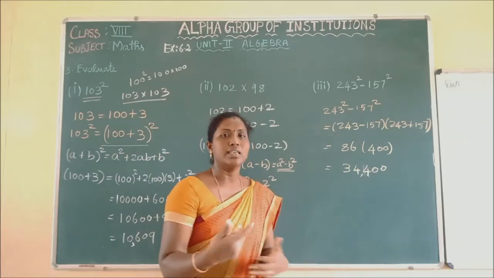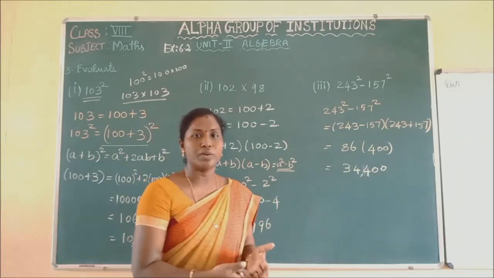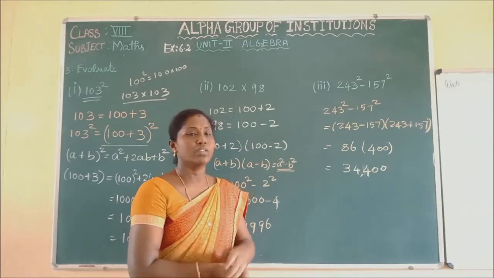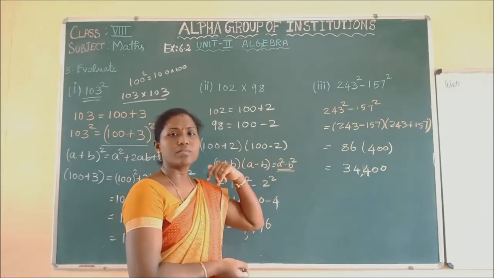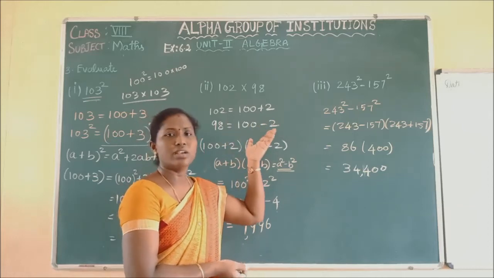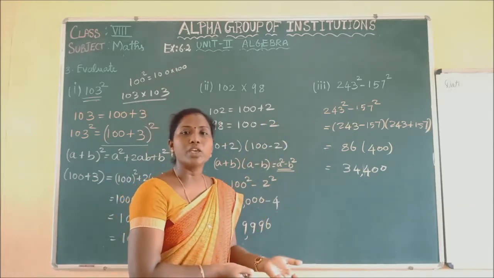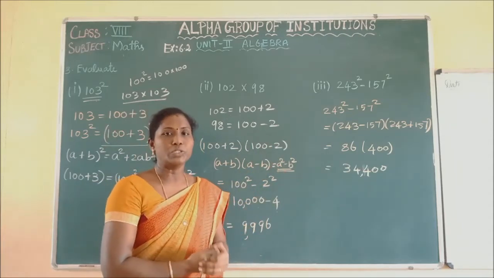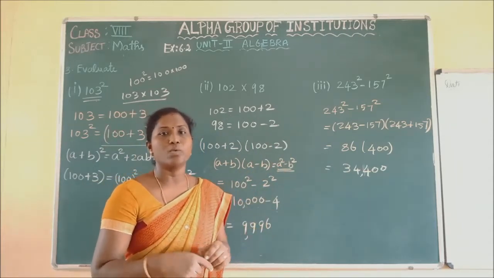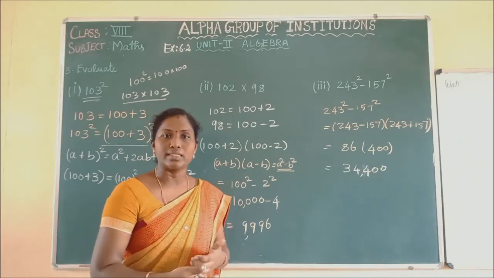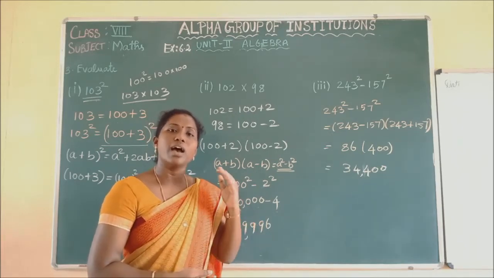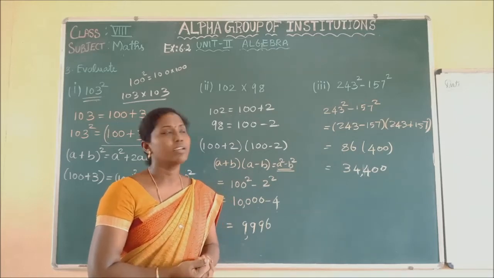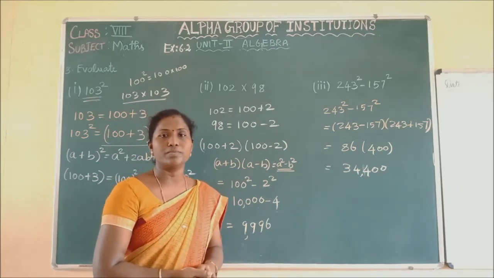Okay. So, see, identity is not only used in algebra. Algebraic identity is not only used to calculate algebraic expressions. See, in arithmetic, in multiplication or subtraction also, we are making use of the algebraic identity and we are simply solving the problem. So understand the importance of the algebraic identity that you are learning from the lower classes. Okay, it will be useful for your higher classes also. So learn the identity clearly. Now we will solve the next problem.